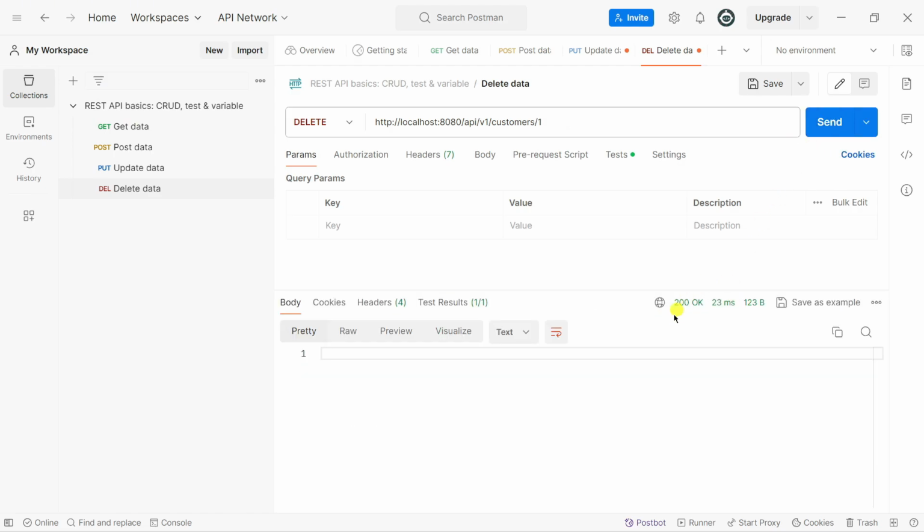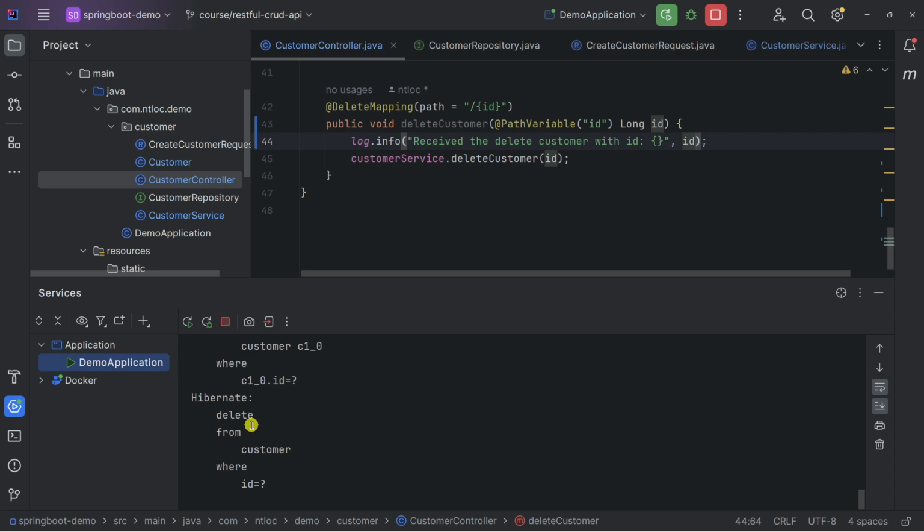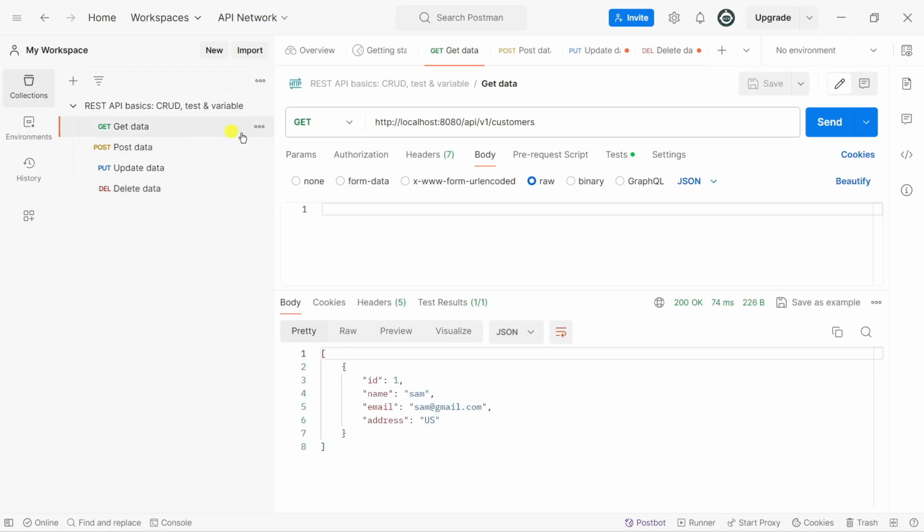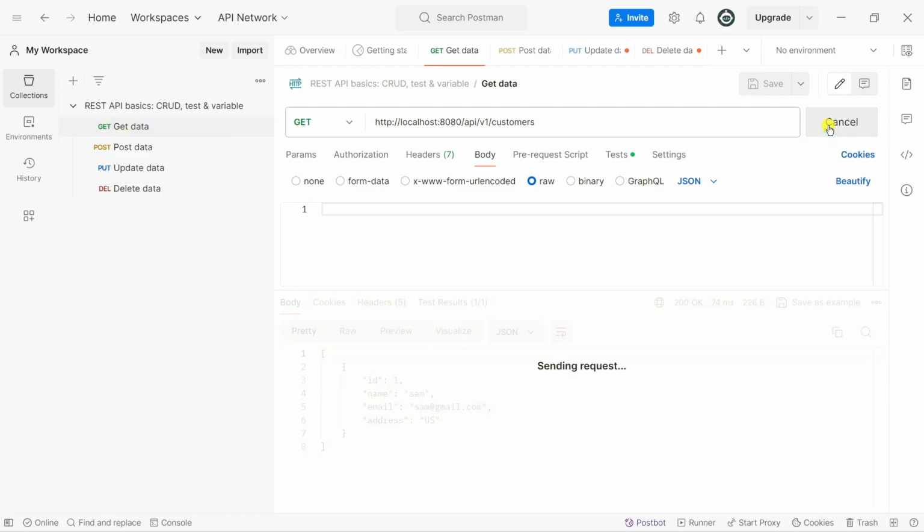So we have a 200 status code in here. And if I go to IntelliJ, you can see here we have a delete query from the customer. And if I go back to the Postman, before we had one customer, and after we delete it, click on send request, click on get request in here.